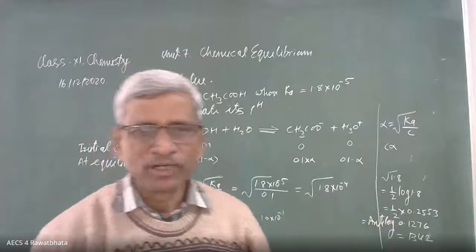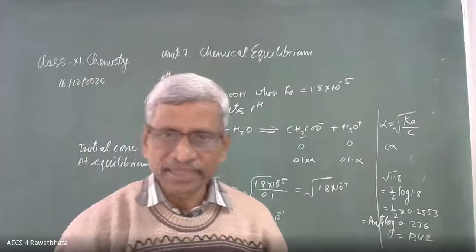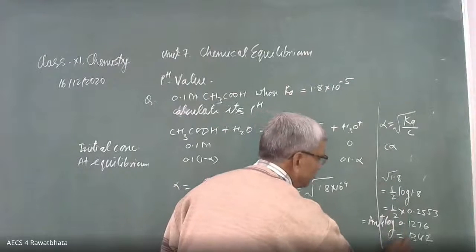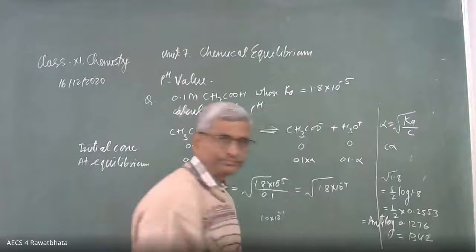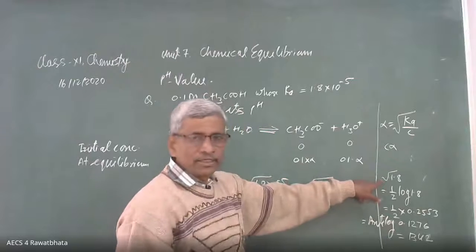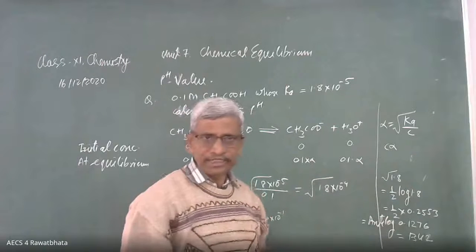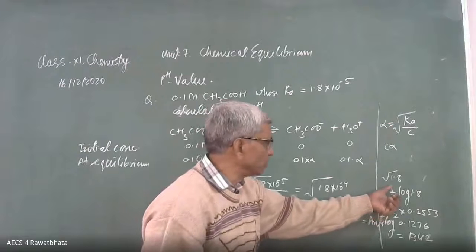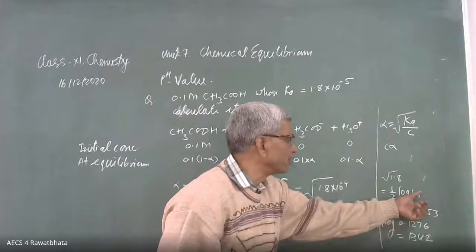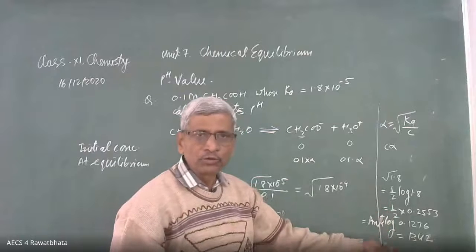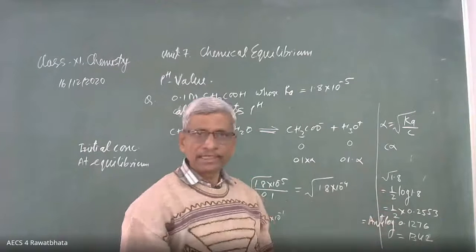If a calculator is with you, please check it. Is it correct or not? It is the square root of 1.8, 1.342. See, once again I am taking it. We are going to find the square root of 1.8. In logarithmic form, this is written as 1 by 2 log 1.8. For square root, we have to take 1 by 2. For cube root, we have to take 1 by 3, like that.